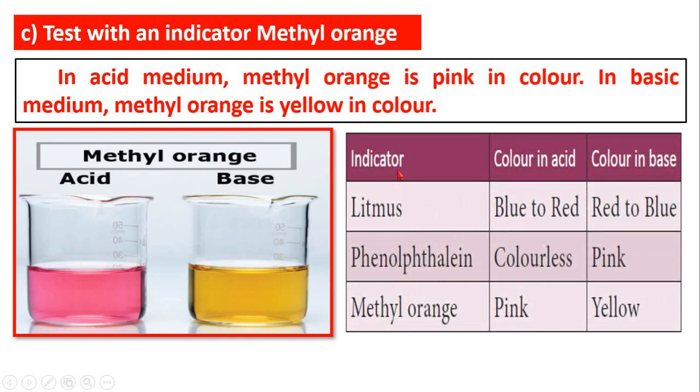Now, what are the indicators here? Litmus paper, phenolphthalein, methyl orange. In acid, blue litmus paper turns into red. In bases, red litmus paper turns into blue. In phenolphthalein, in acids, it is colorless. In base, it is pink in color. Methyl orange is pink in color in acid, and in base, it is yellow in color. These are the tests of